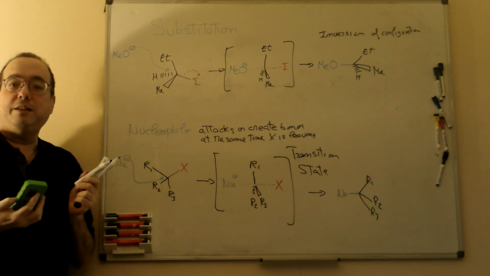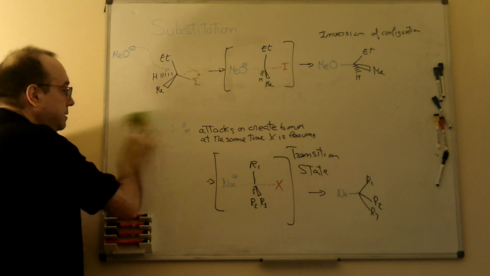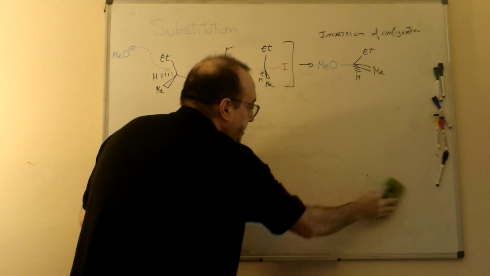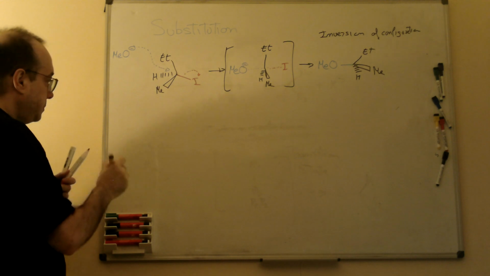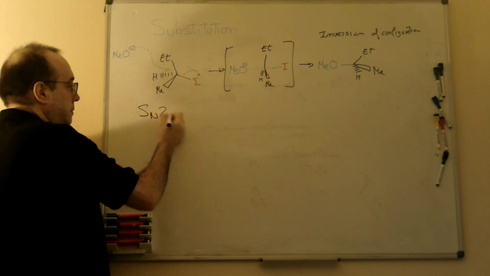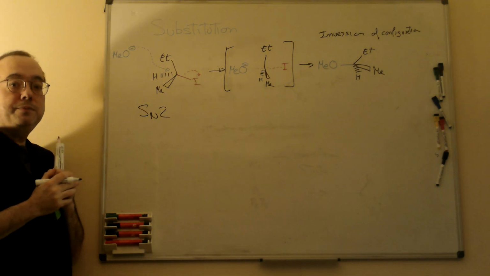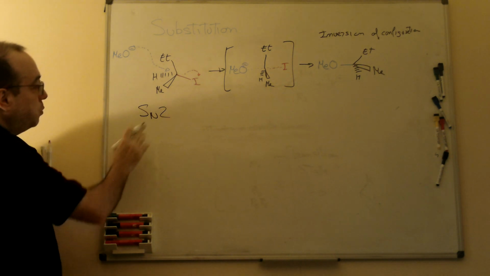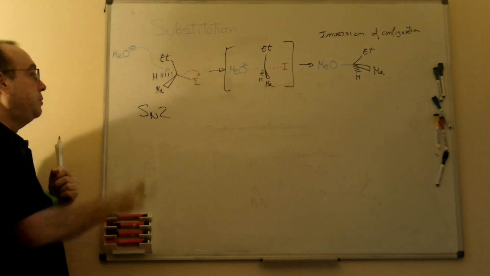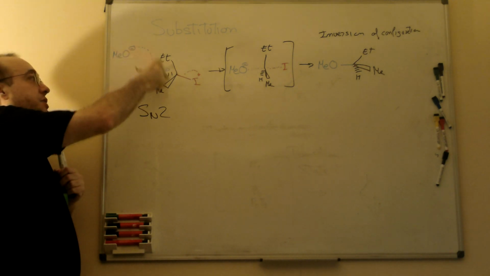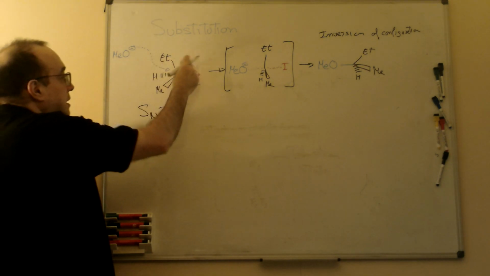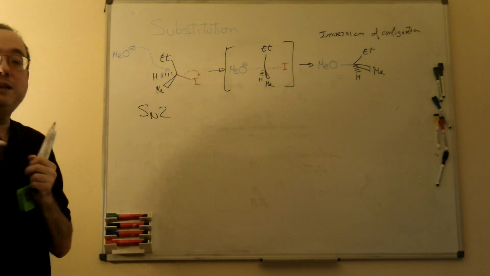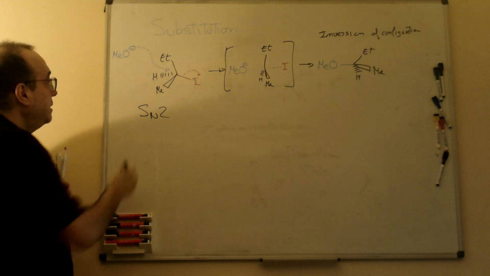Then, how is this reaction called? This reaction is called nucleophilic substitution bimolecular. Okay? Why is it called nucleophilic substitution bimolecular? Nucleophilic because of the addition of a nucleophile, substitution because we substitute a halogen or a good leaving group for a nucleophile, and bimolecular because if we check the rate determining step of the reaction, as you can see here,